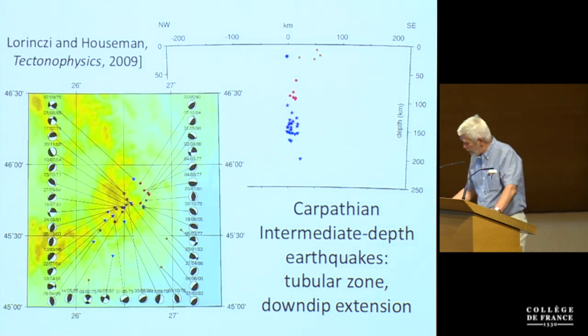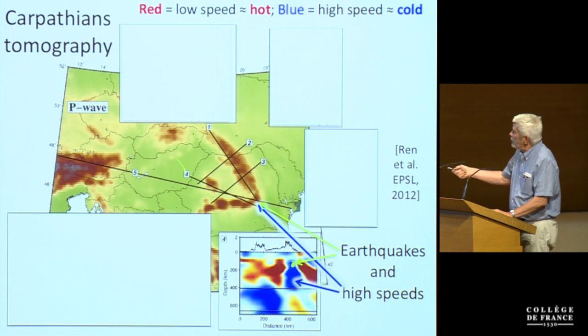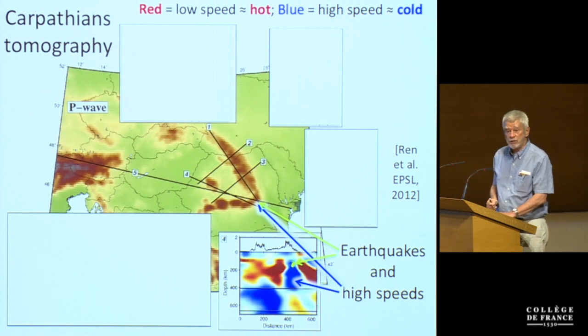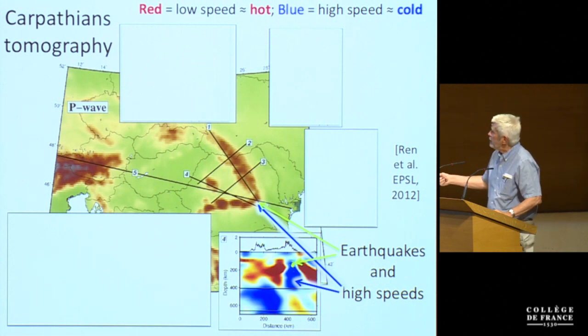Now, if one looks at the tomography, the seismic wave structure of the region, first, let's look at this profile 4 prime coming across here through the seismic zone. The earthquakes are these little green dots in here. They go down only to 200 kilometers or so. The blue is showing high-speed material, presumably cold material, sinking under that region, flanked by lower-speed material, as shown by